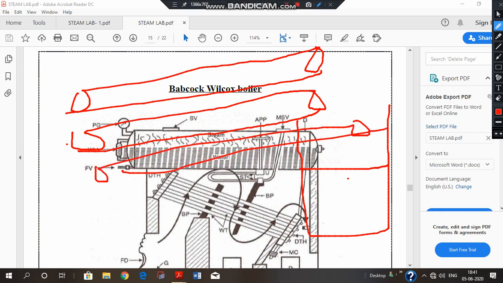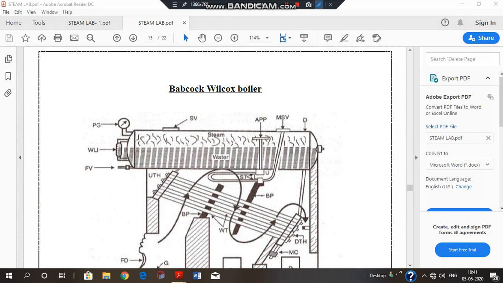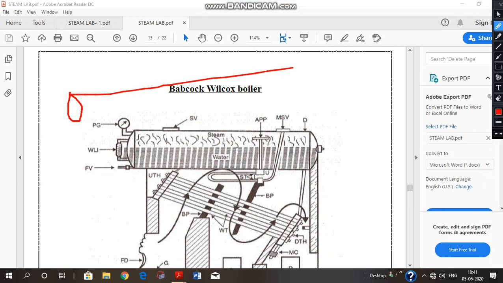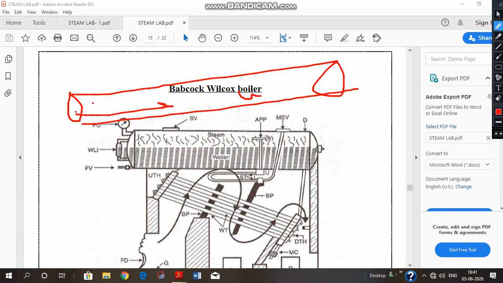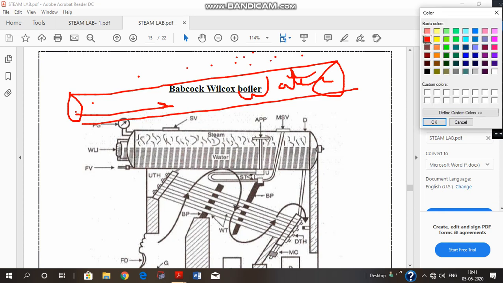Now, on the basis of this, when we have first known this, we have to know that suppose this is one tube and there is water inside this tube. Water is there in the tube, and if flue gases or fire is there, flue gases are there. Now I'm going to highlight it with a different color. You can see.